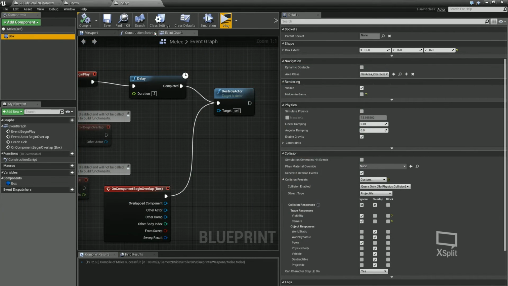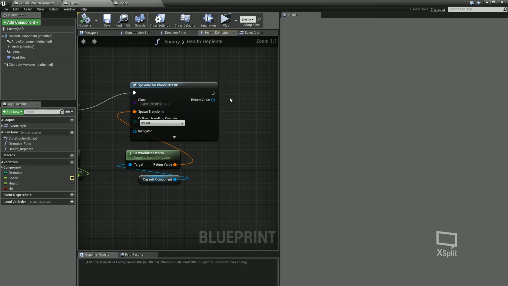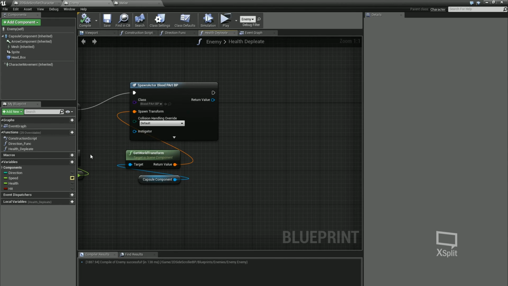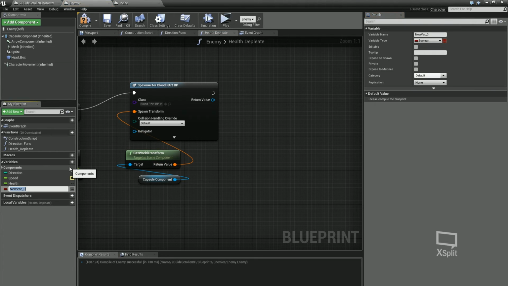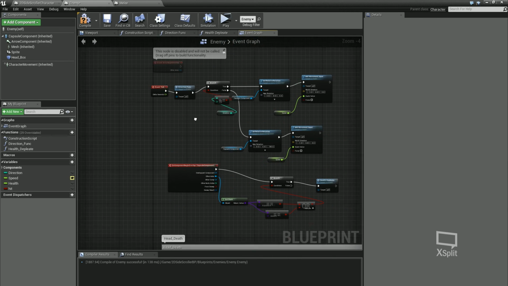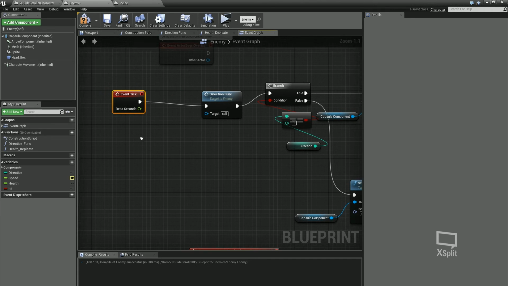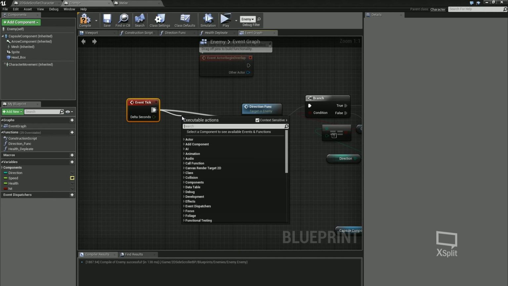The last thing I want to do is tweak the enemies a bit. So if I go to my health deplete function in my enemy, so when they take a hit, I'm going to make a new variable. I'm going to call it hit. It's going to be a boolean. So when they get hit, I'm going to set this to true. And then in my event graph, where we're doing the event tick to fire off the direction where he's going, I'm going to pull out a branch from that,